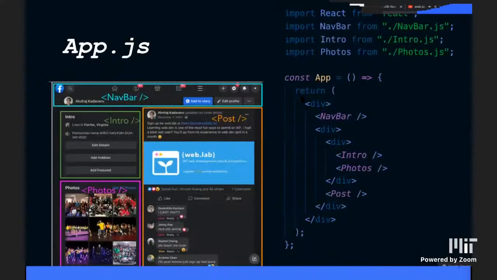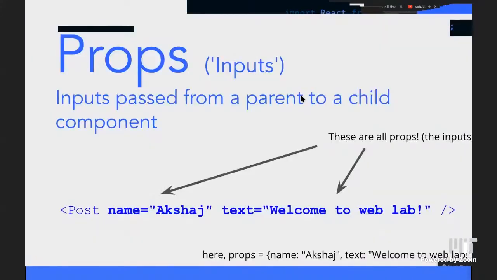So, okay, brief interlude. A quick reminder of what props are. Props are inputs. That's what you have to remember: props, inputs. So these components, these little parts, we want them to be customizable. So we want to be able to pass in inputs to them because, for example, you look at the intro component,